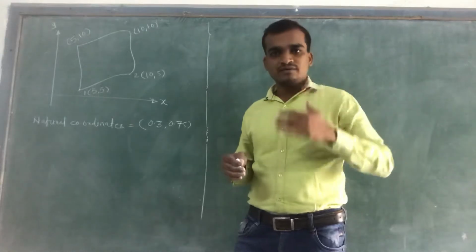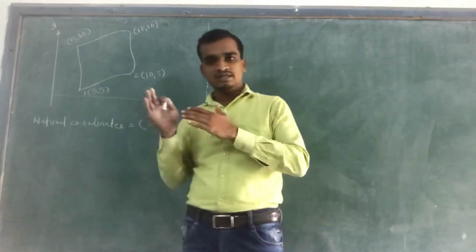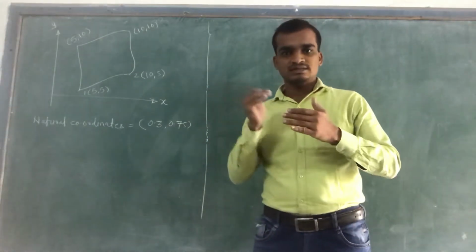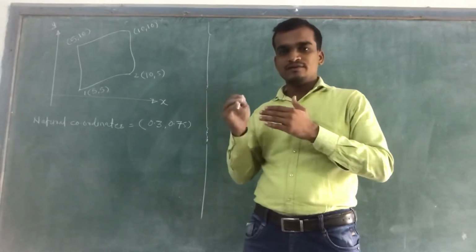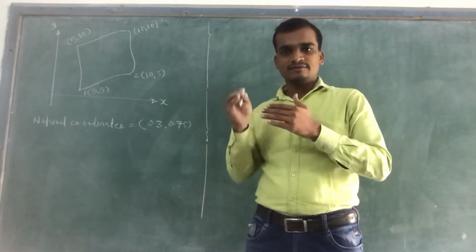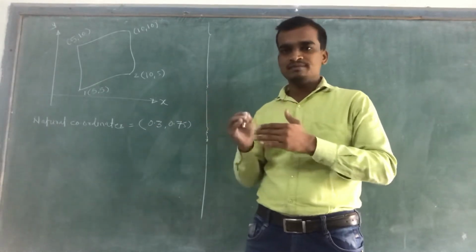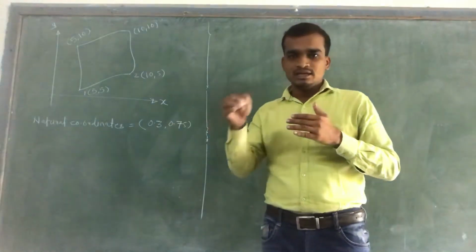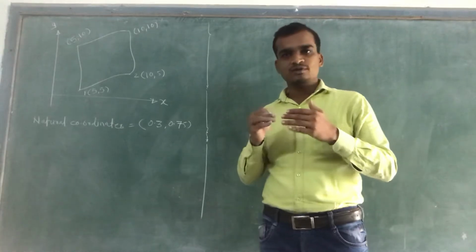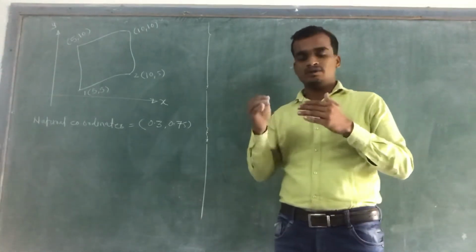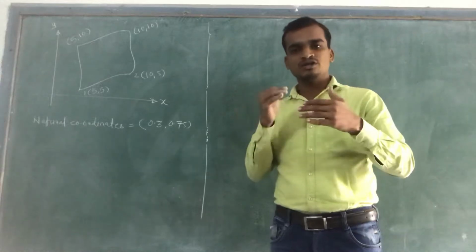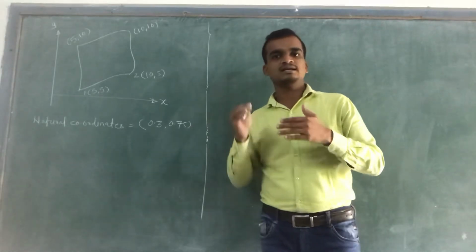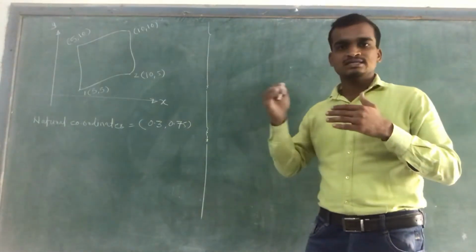If the shape functions for the geometry are equal to the shape functions for the displacement, then such elements are called isoparametric elements. If the shape functions defined for the geometry are of higher order than those defined for the displacements, such elements are called superparametric. Superparametric means we concentrate on geometry accuracy. If the order of the shape function for the geometry is less than the order for the displacement, then such elements are categorized as subparametric elements.